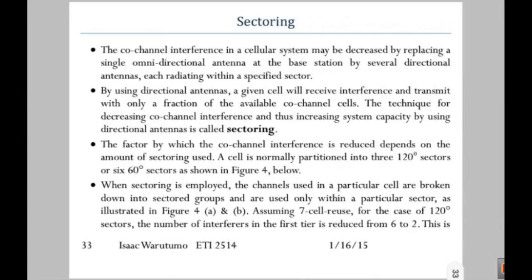And we are saying now that cochannel interference in a cellular system may be decreased by replacing a single omnidirectional antenna at the base station by several directional antennas. So I know we have referred to a concept of using directional antennas in the cell splitting, but for the sectoring, we specifically stop using an omnidirectional antenna that was servicing a given